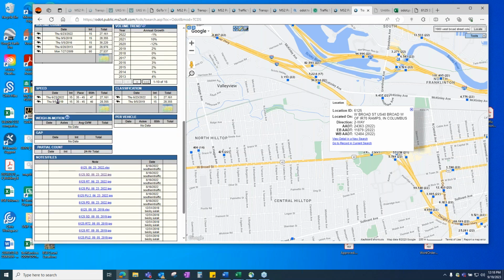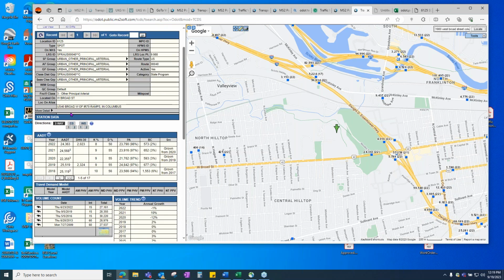The other area that we collect is speed. Now, an item to really keep in line when you're looking at speed is if you see that the speed has varied from year to year, like one year the 85th percentile speed was 47, the next year it was 46. If you see a big variation in this speed, you need to understand that we tell contractors to set